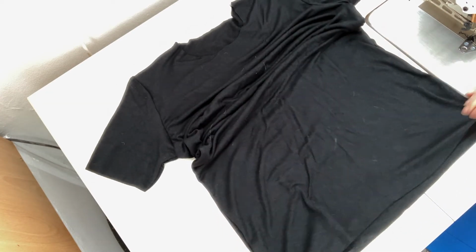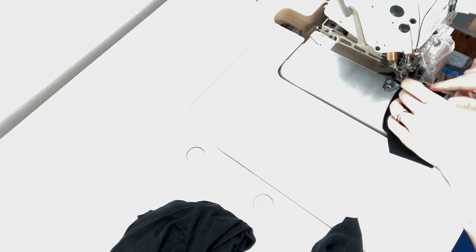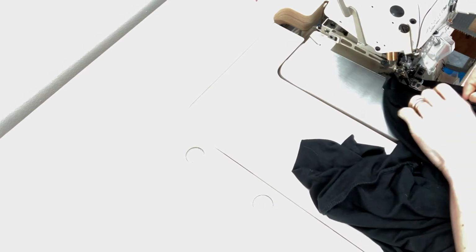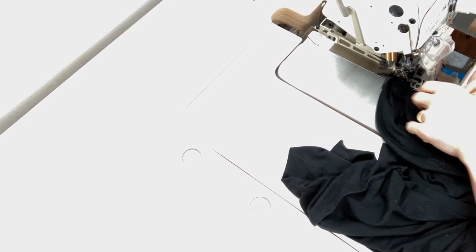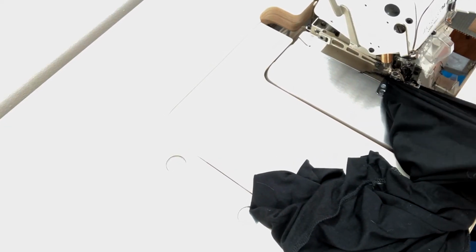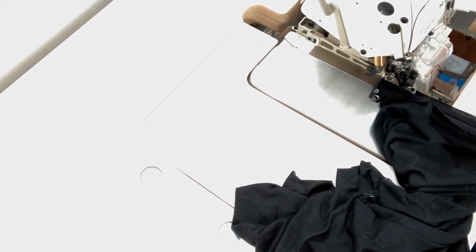I'm going to add my bands first, so I'm sewing the bands for the necklines of both tops and the bands for the sleeves of the sleeveless, or the armholes of the sleeveless top. And my bands are 20% shorter than the corresponding opening. I'm sewing the short side of the band first, then turning it to the right side, folding it in half, then placing each band inside of the opening, right sides together, and I'm starting a couple of centimeters or an